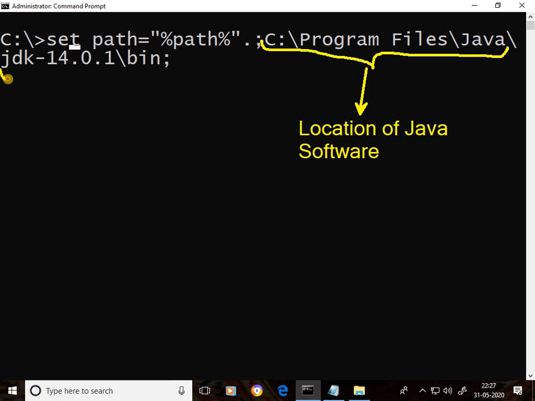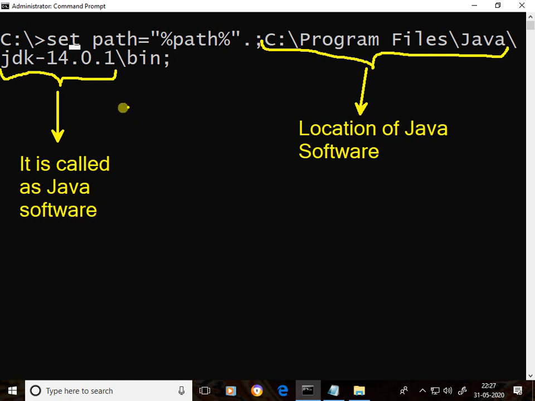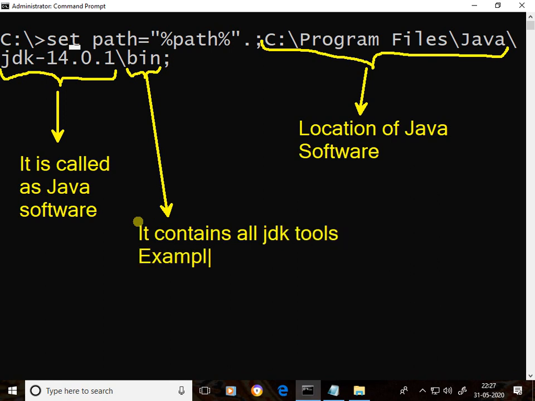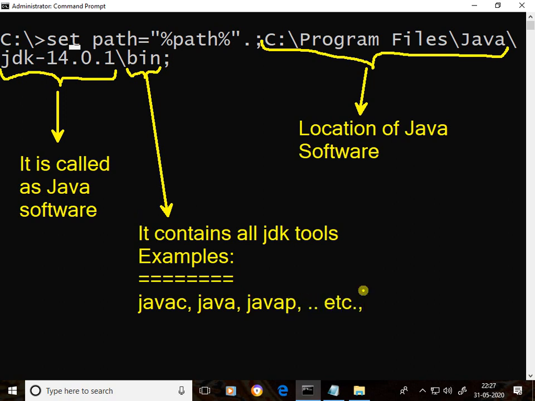This bin contains all JDK tools. Examples: javac, java, javap, etc. If you want to use javac, java, or javap, this path setting is compulsory.